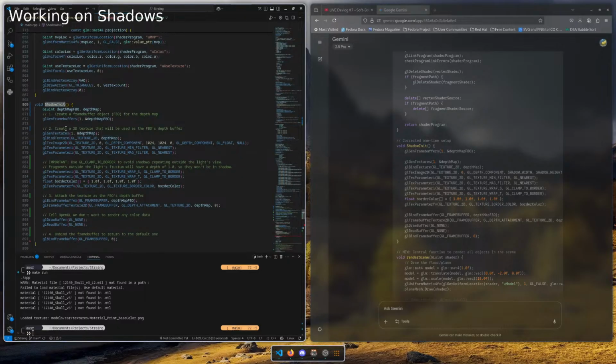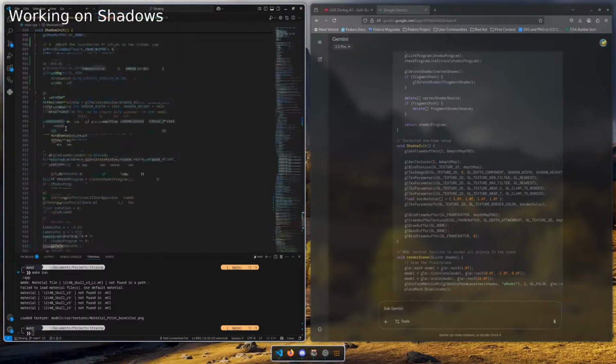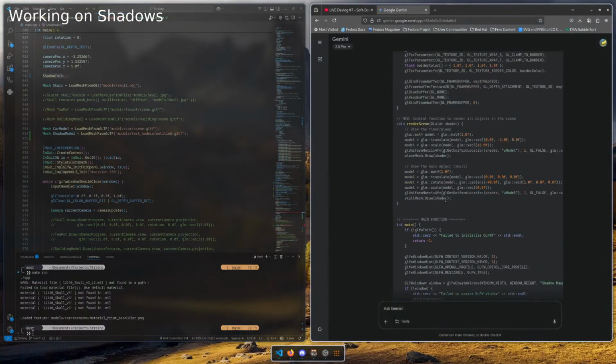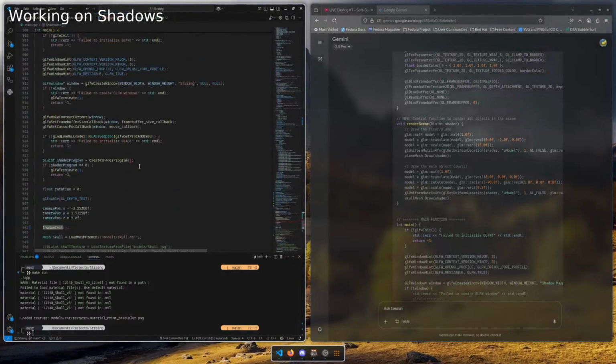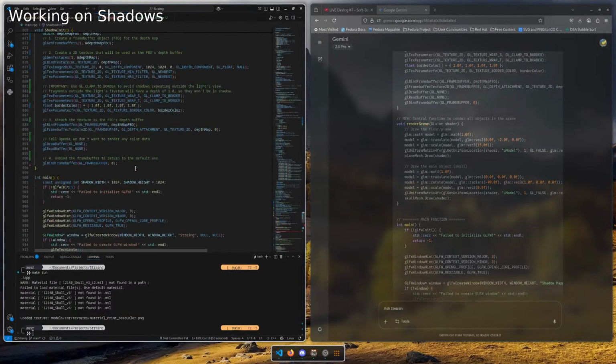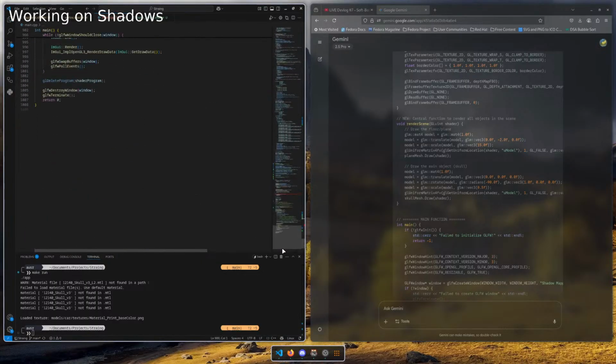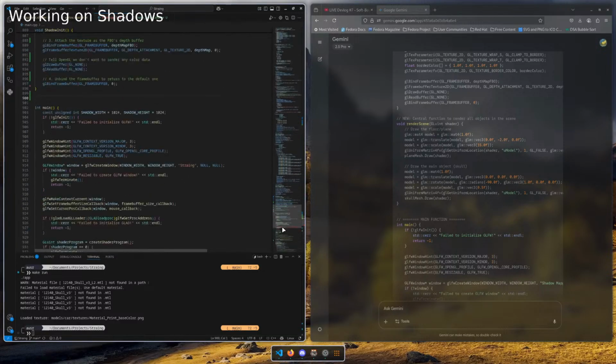Pretty much the same thing. Alright. Please, hopefully it's gonna work. Shadows have never worked for me. Wait, are we like 1000 lines? Damn.